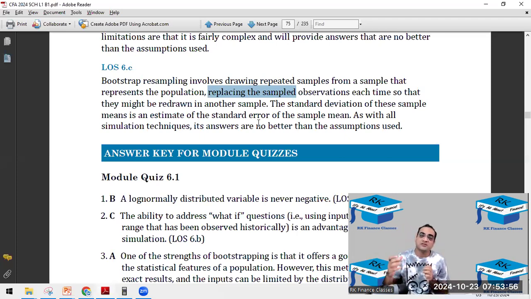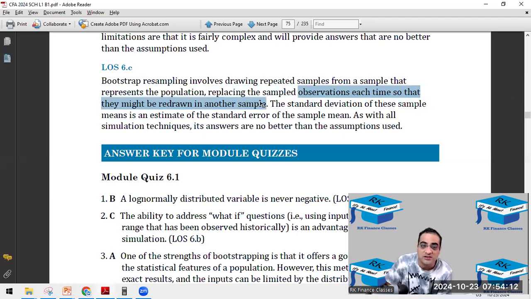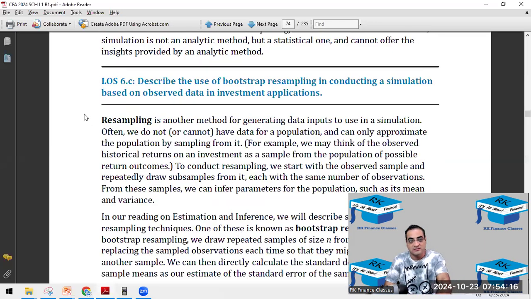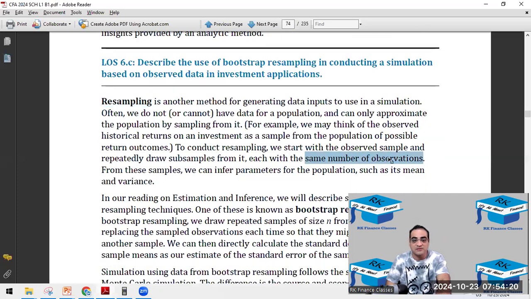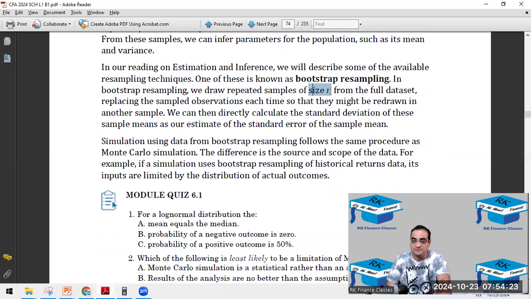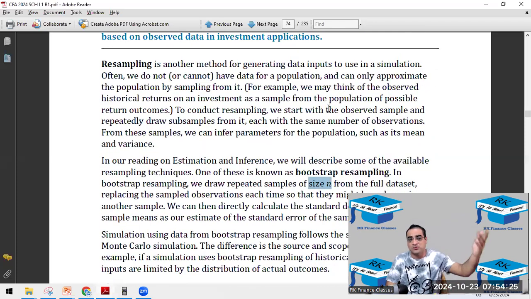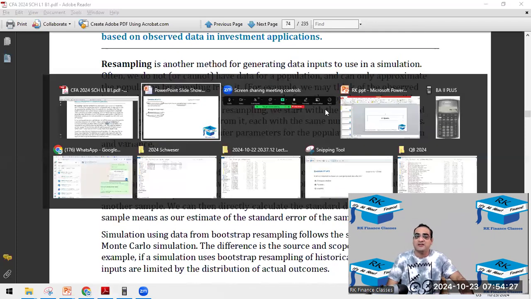So whatever members that you select in sample one, they would be put back in the population so that they could also have some chance of getting included in the next sample. But यहाँ पे उन्होंने same size बोला नहीं था. They have not mentioned that all the samples should be of the same size. तो उसके लिए हमें bold words में it was mentioned that every time the sample has the same number of observations, और यहाँ पे भी size n. But because it was just in the bold word paragraph, I'll call that an easy question.